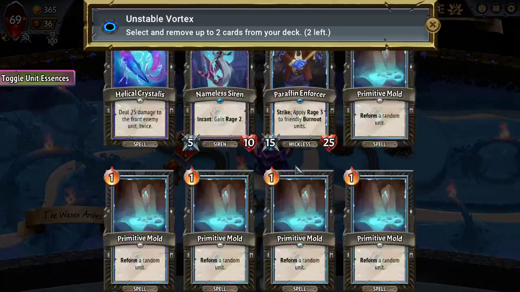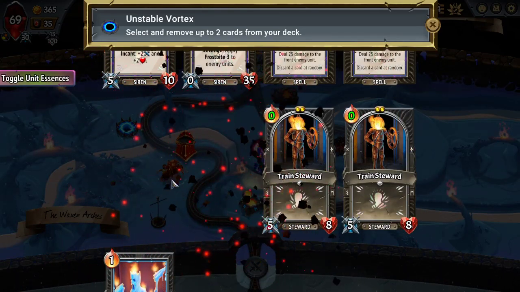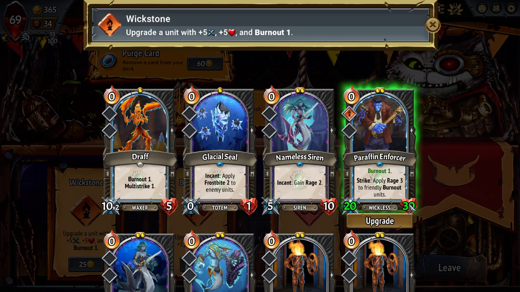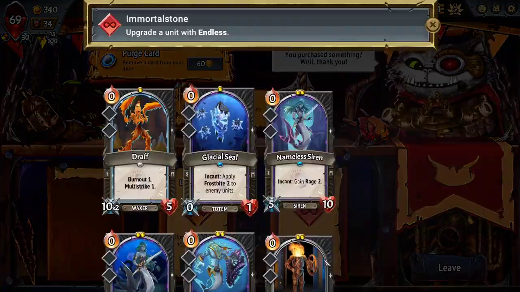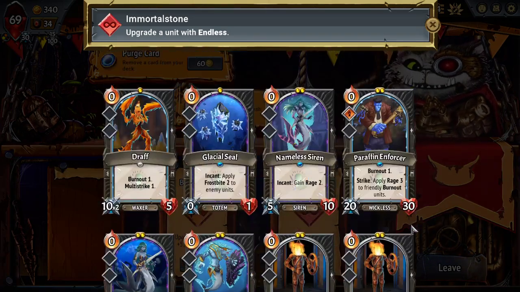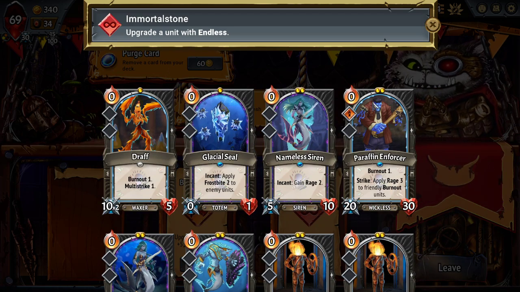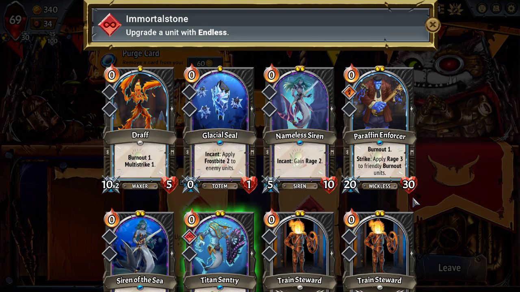We have a lot of units. This is the only issue right now. We have a lot of units. So we need to add Burnout onto Paraffin Enforcer because he's going to die anyway. I want to put Endless onto... who? Maybe nobody? We could put it onto the Titan Sentry and then put Glacial Seals onto the Titan Sentry. The only problem with that...